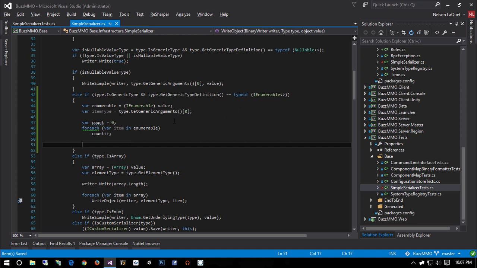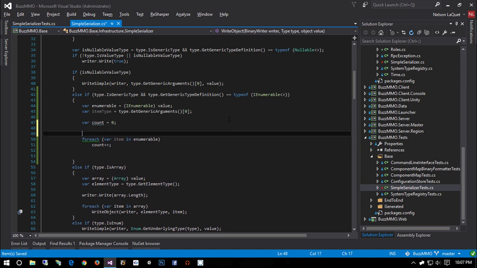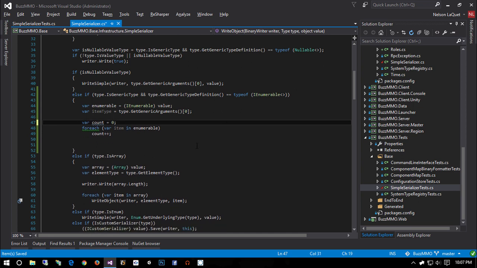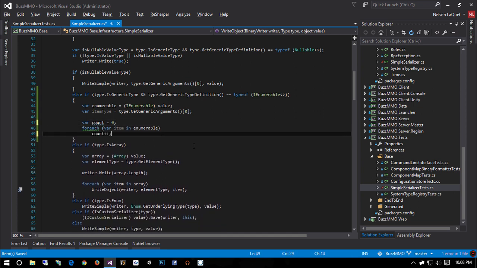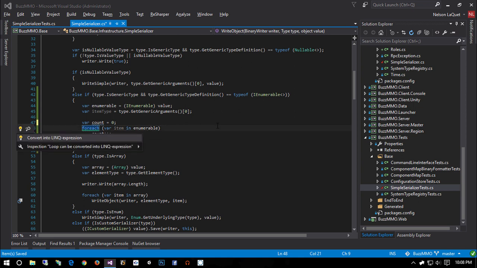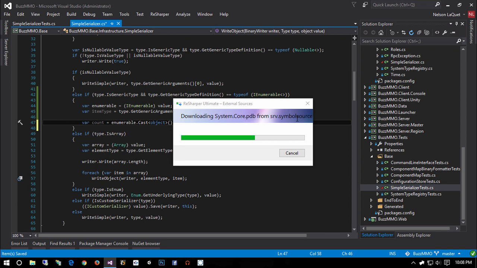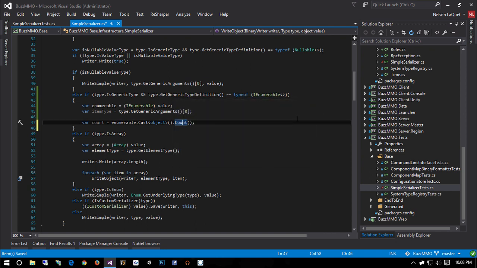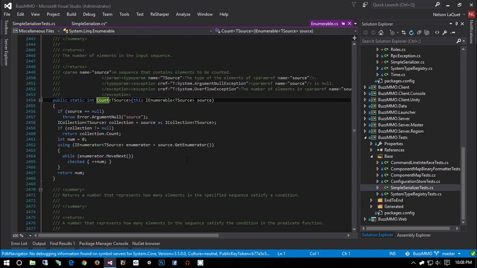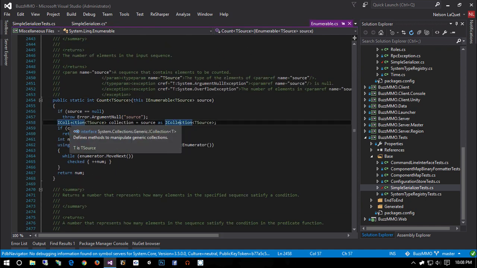We could even add an optimization in here. If you look at the Count method's definition, this is just an interesting piece of trivia that might save you some cycles in the future. If you jump into the definition of Count, so I just put my mouse cursor there and hit F12, and now ReSharper is going to decompile this for me. If you look at the actual definition, it will attempt to cast it into an ICollection. And if it can be an ICollection, then it immediately short circuits and returns the count. Otherwise, it loops through the